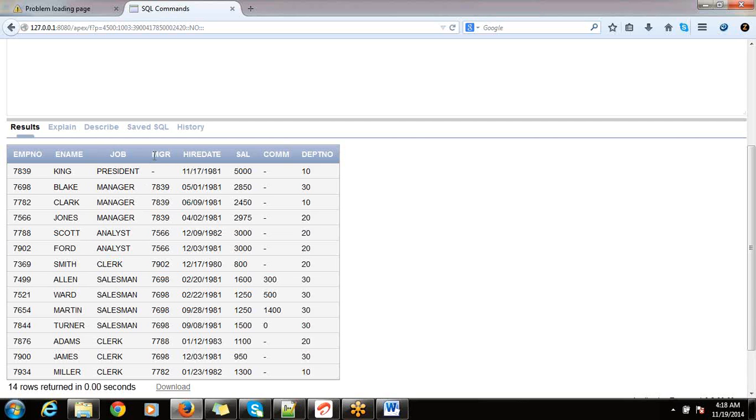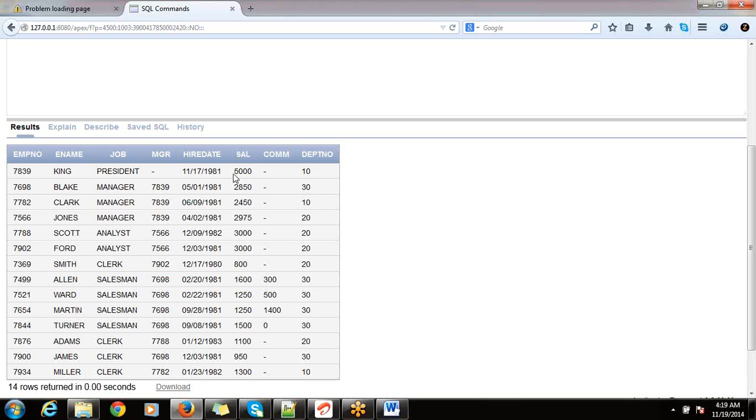And here you can see manager, MGR, manager number. This is also numeric. And hire date. This is numeric with some special symbols. We call it as date in our Oracle environment. Date is also a data type. So this is a date kind of data type.